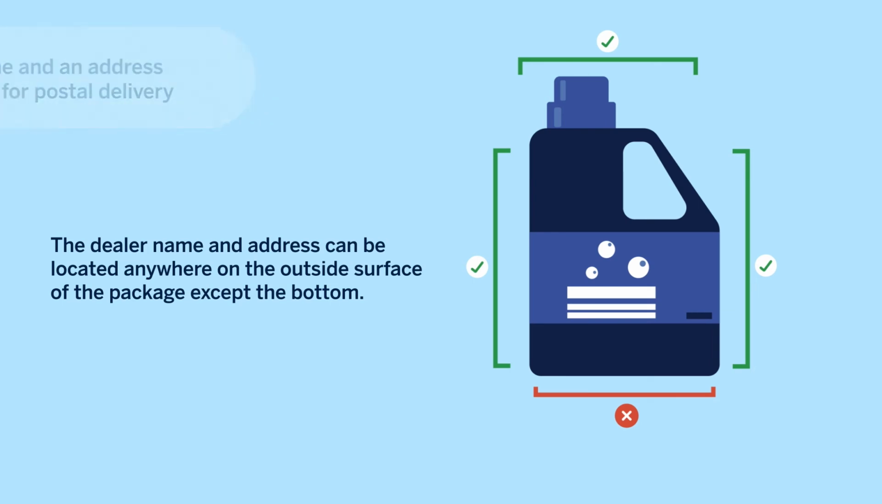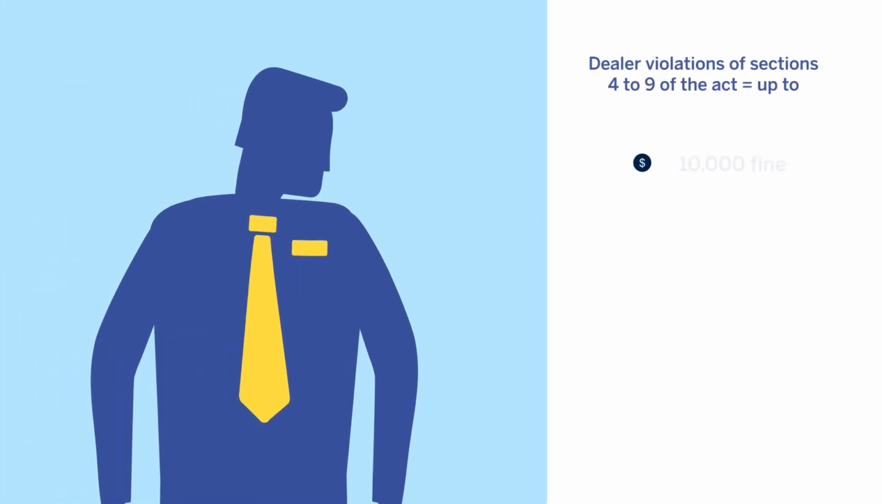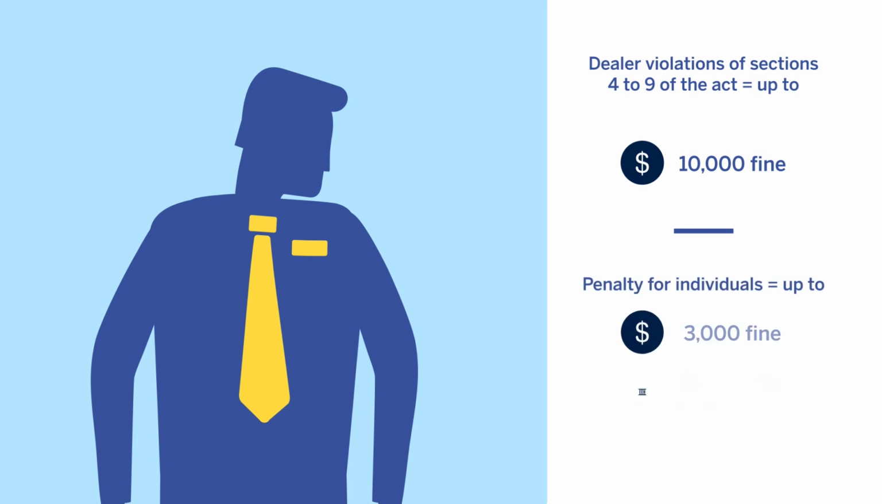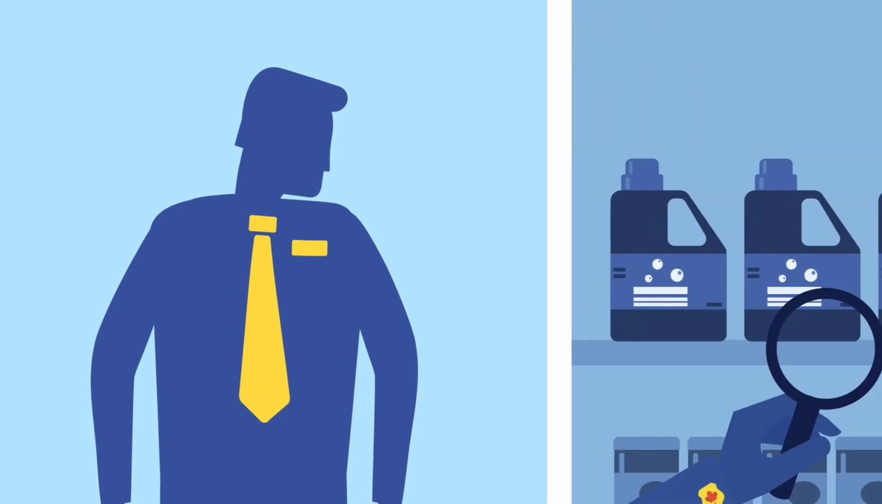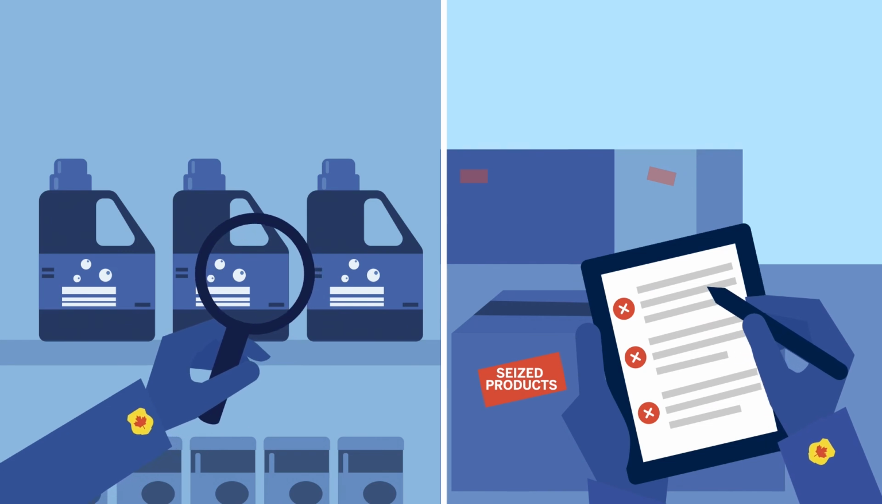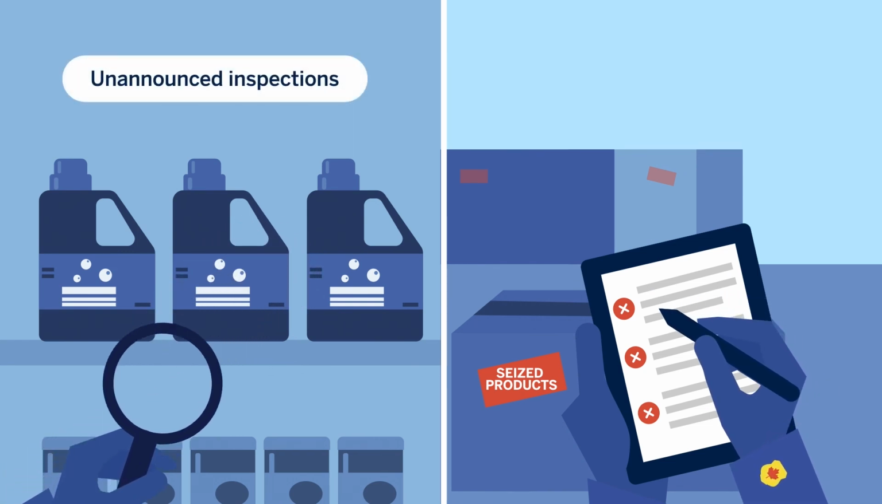The Consumer Packaging and Labeling Act outlines penalties that a product dealer can face if their packages and labels do not comply with the law. A product dealer who does not comply with the law could be fined up to $10,000 and face up to 1 year in prison. The Competition Bureau of Canada has the legal authority to carry out unannounced inspections, to examine